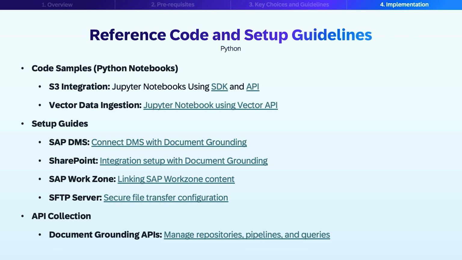In addition to the code, we've published step-by-step guides for connecting each supported data source. These include dedicated instructions for SAP Document Management Service, SharePoint, SAP WorkZone, and secure FTP file servers, covering everything from authentication setup to pipeline creation. Finally, there is a document grounding API collection available on the SAP API Business Hub to work with document grounding. These APIs let you create, manage, and query repositories and pipelines using APIs, which is useful for automation or integrating